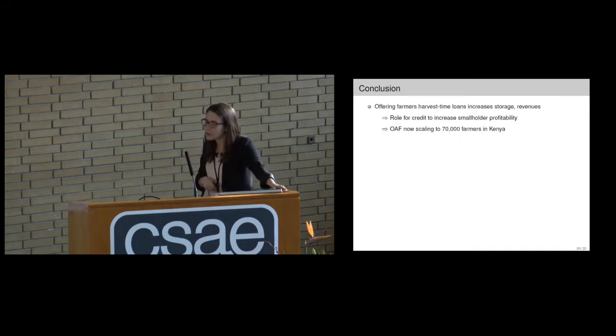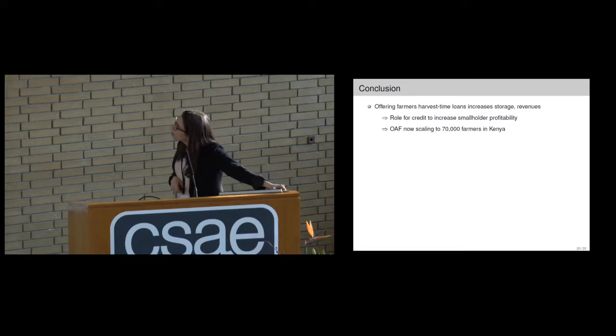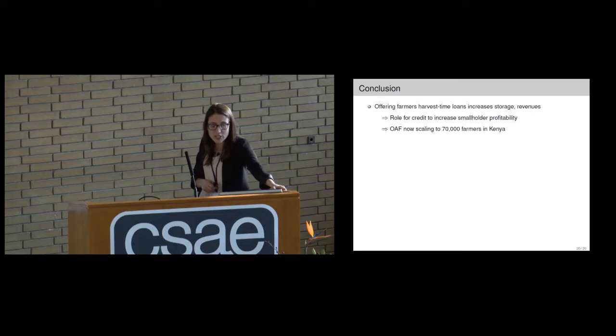Okay, so just to conclude, we find that offering farmers harvest time loans, relaxing this credit constraint, increases their ability to arbitrage these seasonal price gaps. We see significant increases in storage and in revenues. It suggests a role for credit to increase smallholder profitability. And as a result of these findings, One Acre Fund is now scaling this loan product to 70,000 farmers across